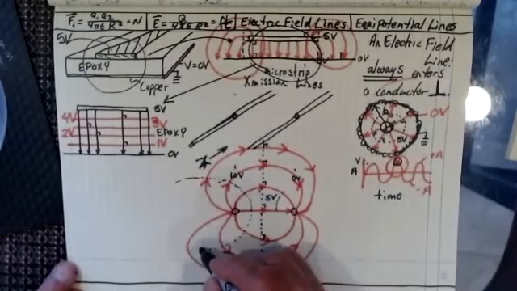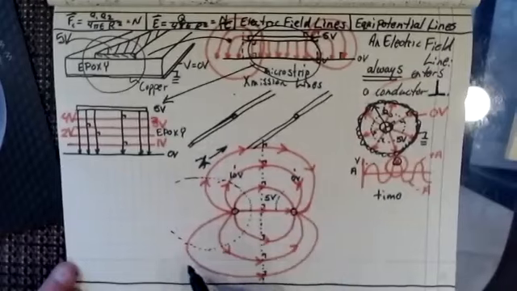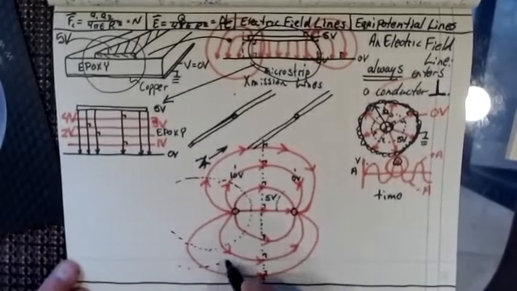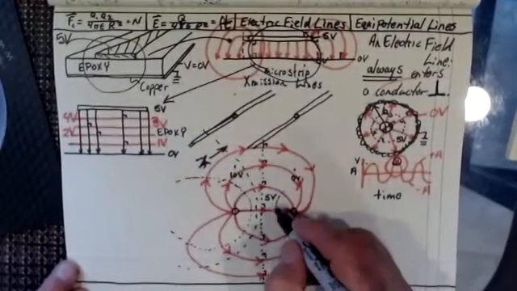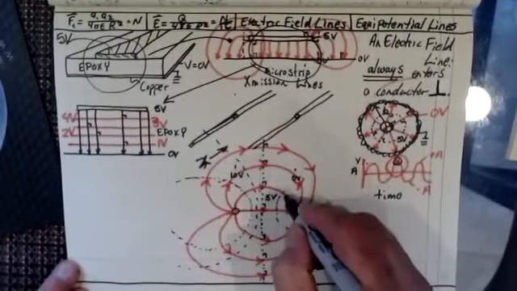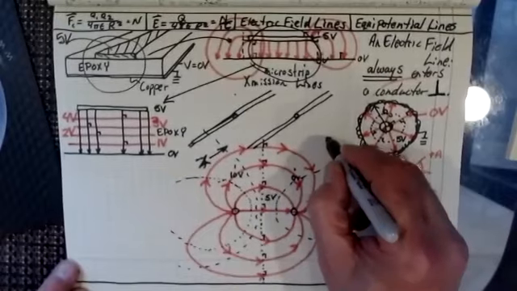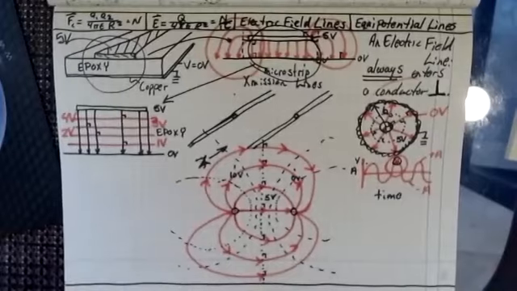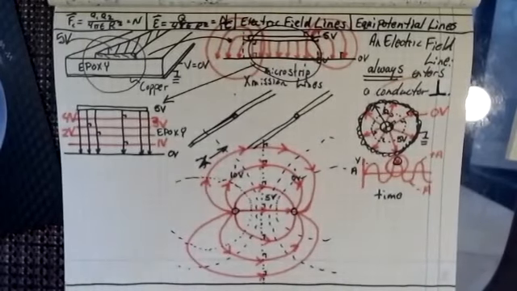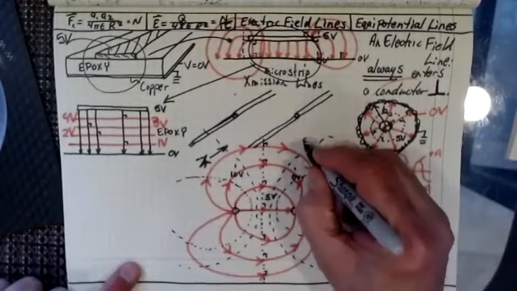Boy, I don't draw these too well, do I? And perpendicular to that, and then we can also find ones that are in the middle here. So my equipotential lines would look like the dotted lines on the sheet there. Actually, it comes up pretty good on the camera. So do you see the difference? These would be my equipotential lines,